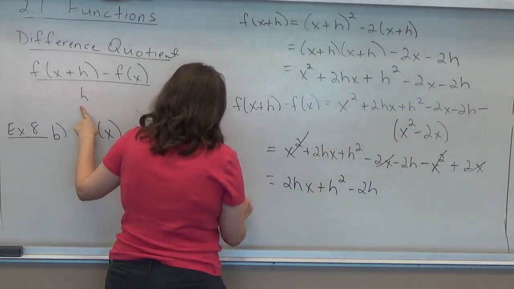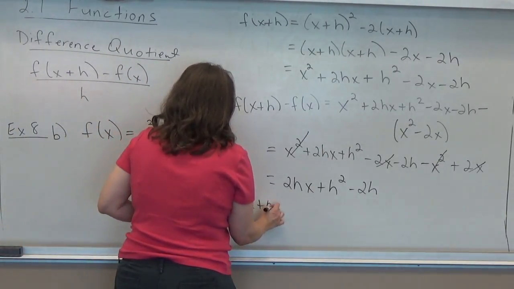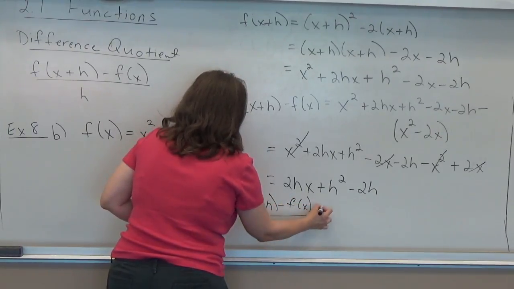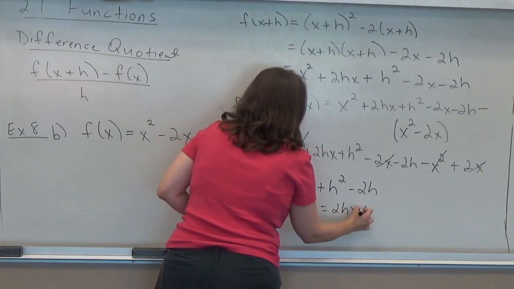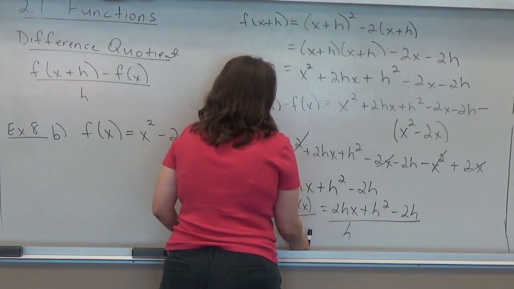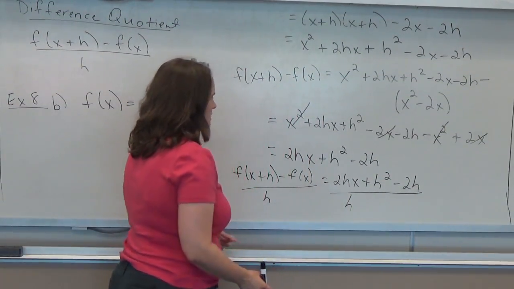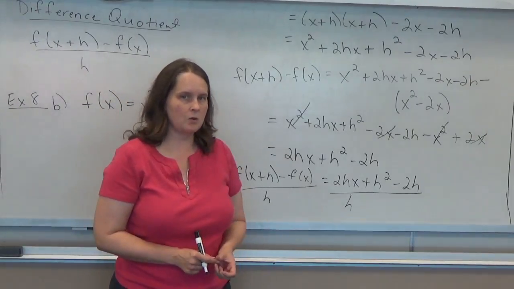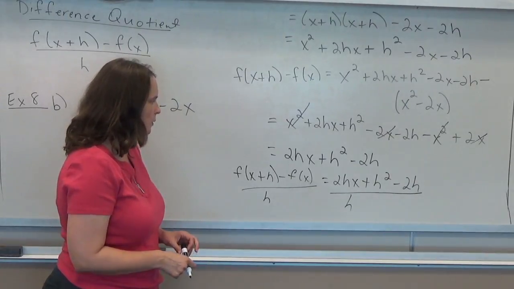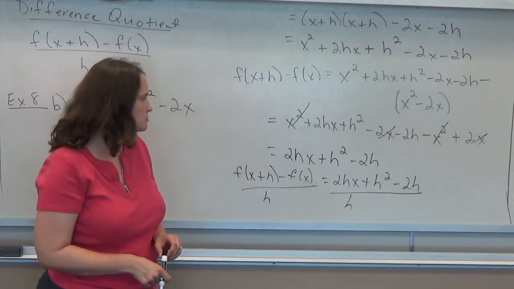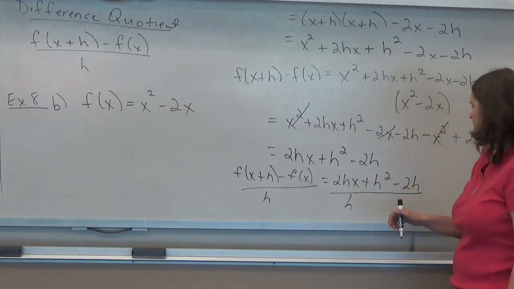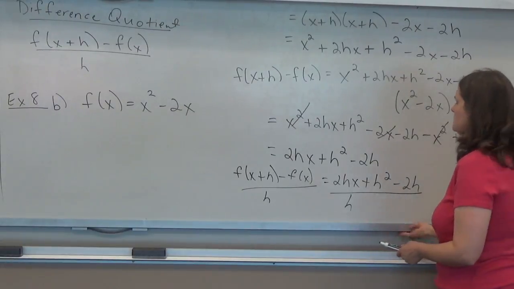So the entire thing, f of x plus h minus f of x all over h equals what we just did, 2hx plus h squared minus 2h all over h. All right. At this point, you can usually cancel out quite a bit, so just be careful though. If you want to think of this as breaking up into 3 separate terms and dividing by h, you can do that. Or you can think of this as factoring an h out of the top. Either way you look at it,